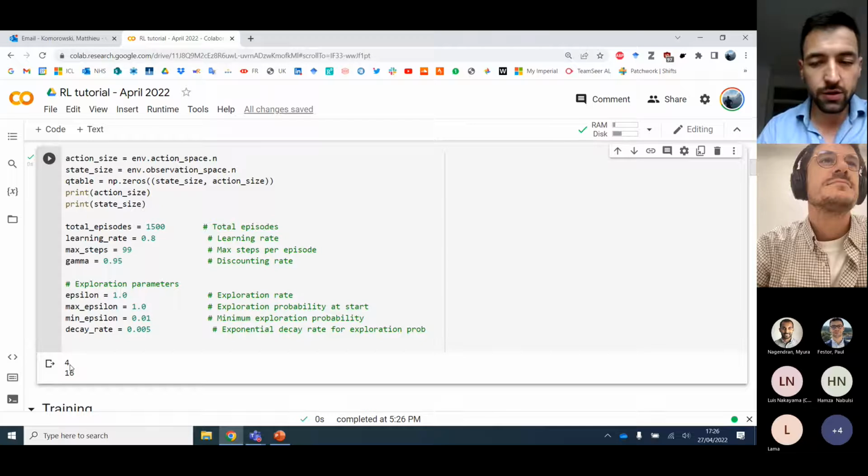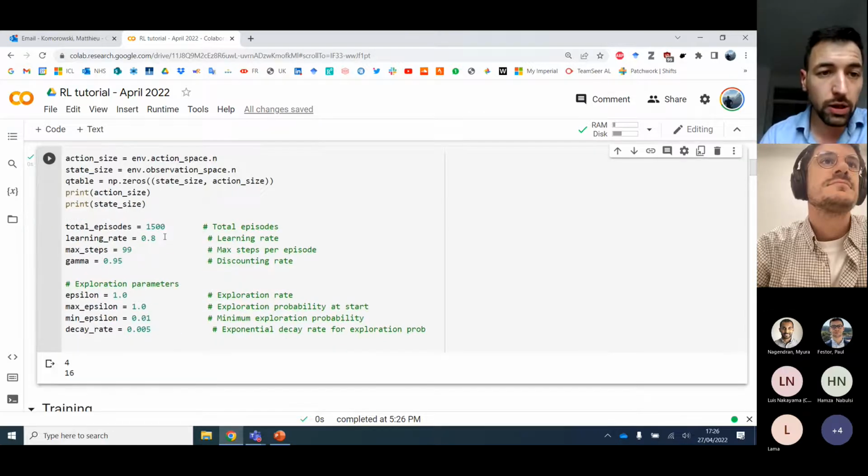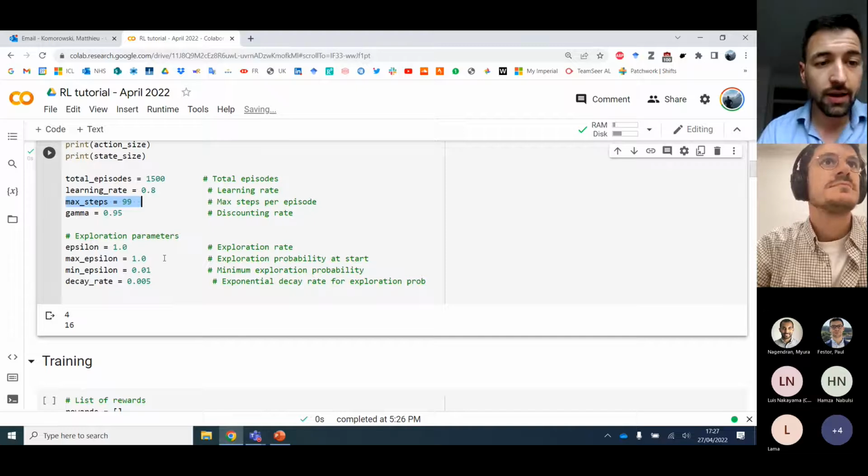So we've got 4 actions, up, down, left or right, and 16 states, 4x4. We're gonna generate 1,500 random episodes in order to learn our Q function. Here is the learning rate, the gamma, that's the discount factor, the maximum number of steps in a given trajectory, and then